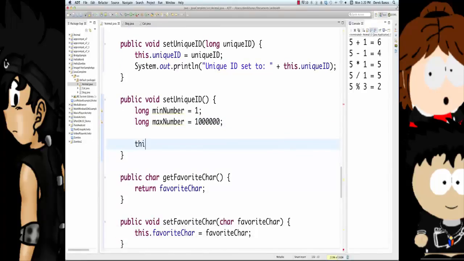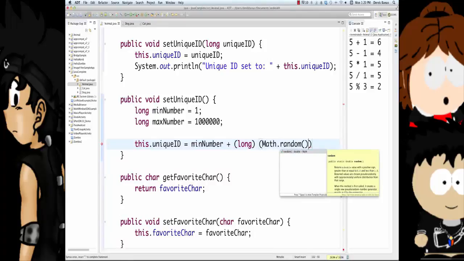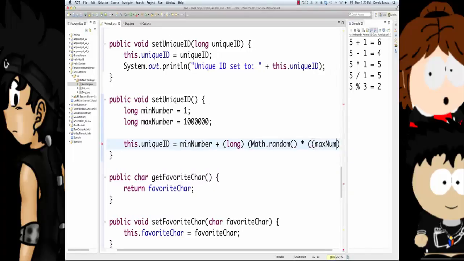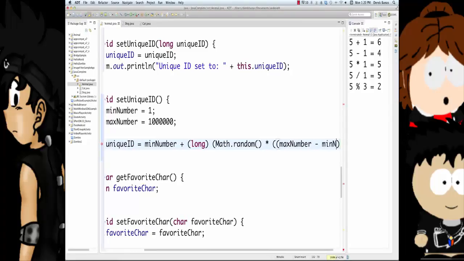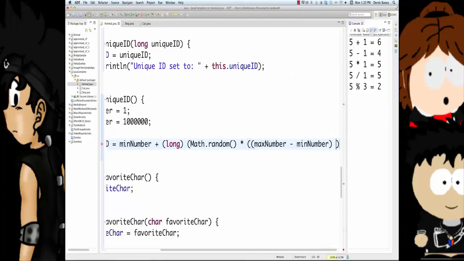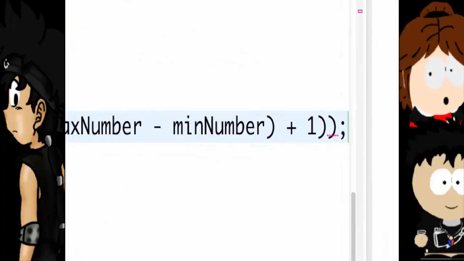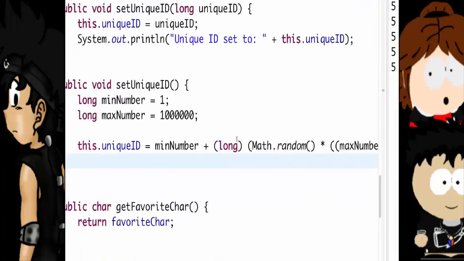Now, to generate a random number and store it in the unique ID for our animal, you're going to type in minimum number is equal to, and don't try to memorize all this stuff, especially if you're new. Long, but I doubt new people hung around for this. Math.random, you just call Math.random. It's going to generate a series of numbers between 0 and 1, so that's how it's going to generate all of them. And then you're going to multiply that times, put multiple braces inside of there, the max number that you want to generate minus the minimum number you want to generate, and then come inside of there, and then go +1. And always put a semicolon at the very, very end of every one of your statements, if I didn't say that already.